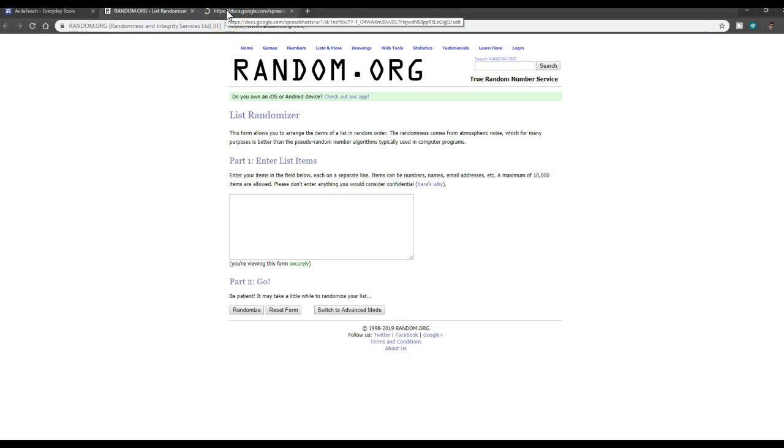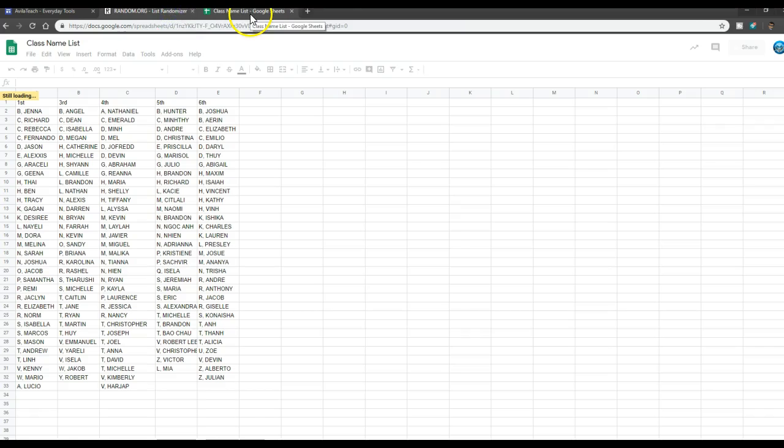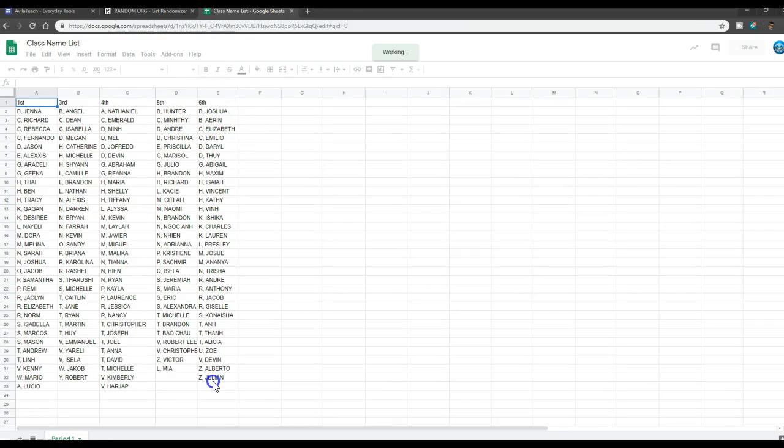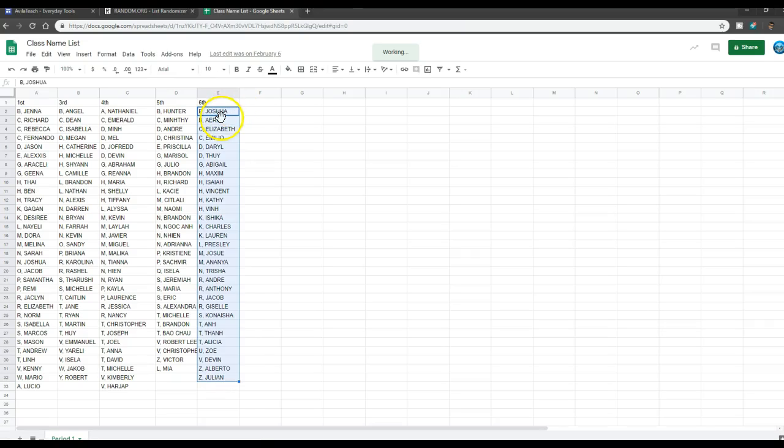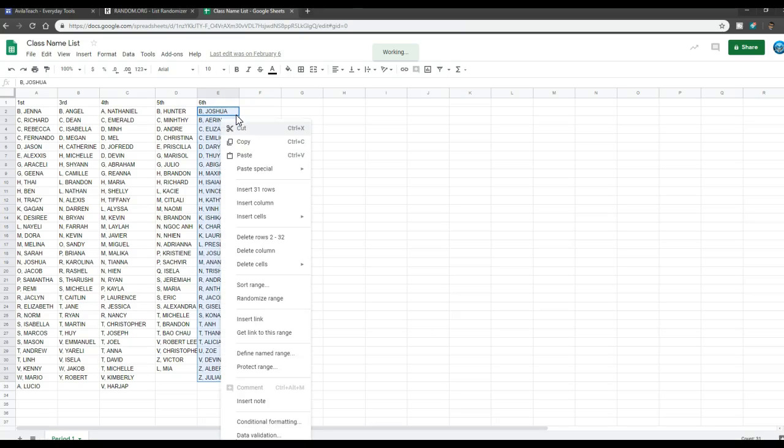So, in order to, again, make it equitable, instead of saying, first one here at lunch gets to sign up. Some people have classes that are farther away than others. So I find this to be the best, most equitable way to do that. So what I do is I just have a list here of my students in the class. And all I'm going to do is take this list and copy it over